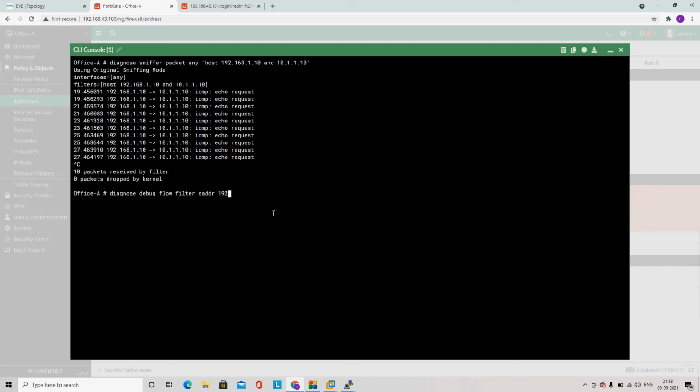source address 192.168.1.10 and destination address 10.1.1.10. Diagnose debug flow filter protocol. I am using protocol 1, ICMP, because we will generate the ICMP packet, so I will use protocol 1, which is the ICMP protocol. And diagnose debug enable